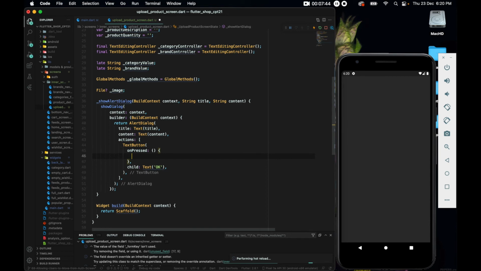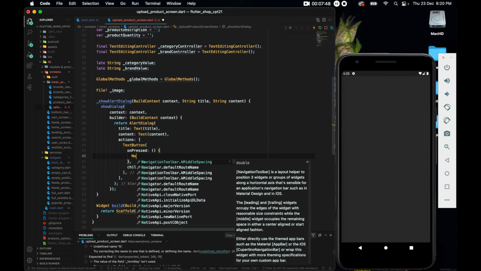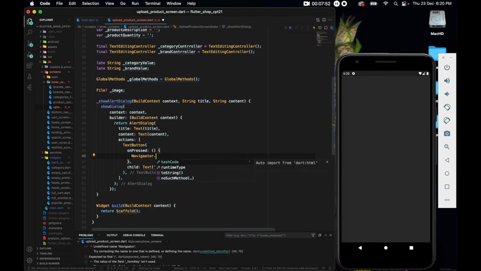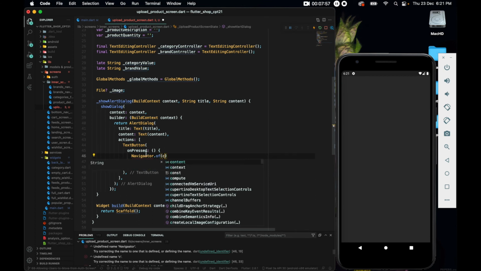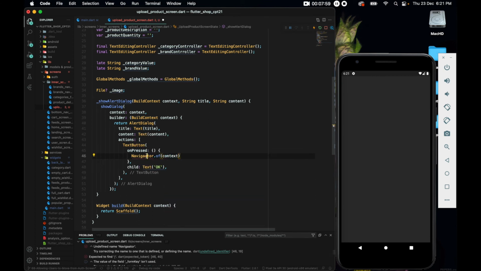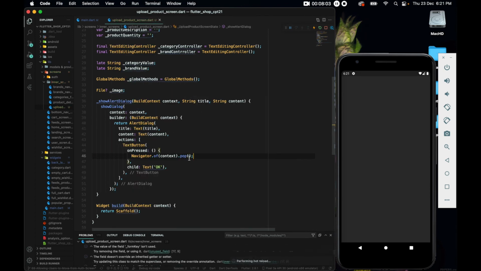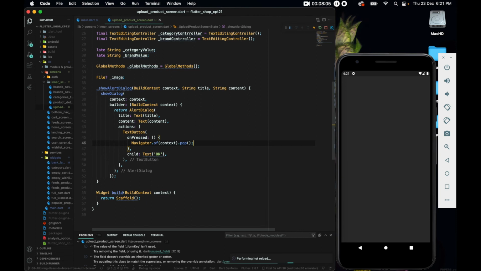Now for the onPressed, what we want to do is call our Navigator.of(context).pop. So navigator dot of dot pop. Okay, so with that,